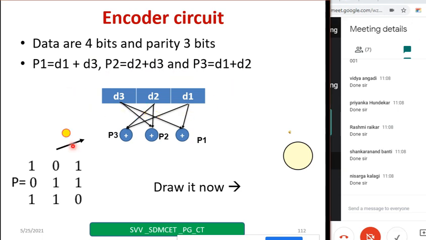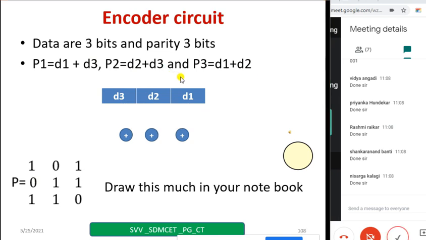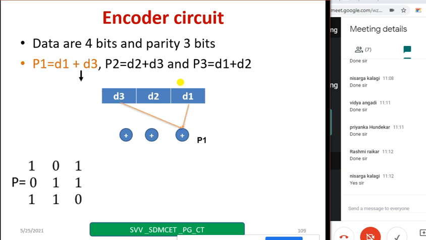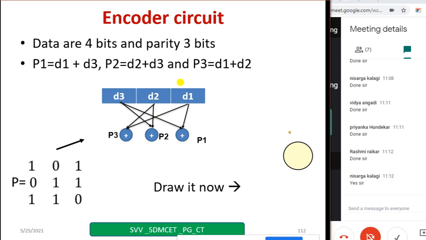Remember, for this encoder circuit, the base is your parity bits, the parity matrix. By seeing this, you can draw this. So just draw it. I removed all the connections so that you can do it. Later you can cross verify. Most of you have completed, they are telling. Let me show again the encoder circuit connections. Hope all of you have done it, and just compare whether the connections you have drawn are correct or not.